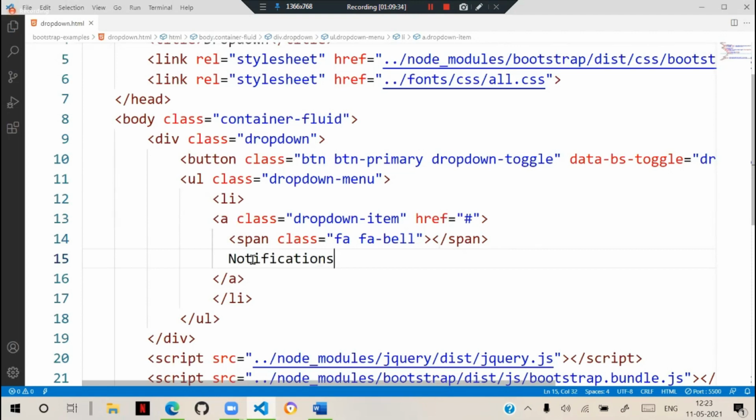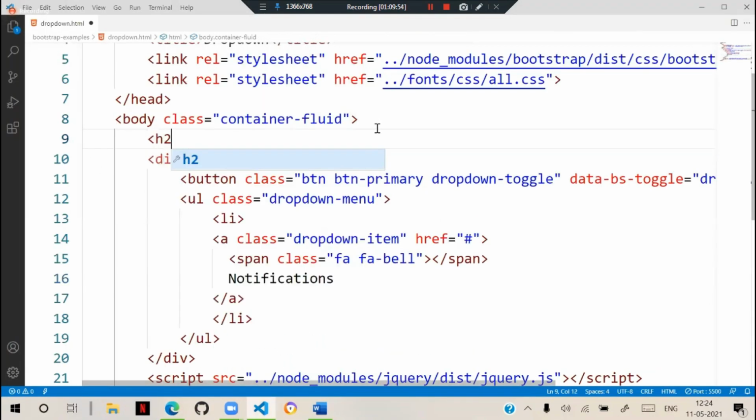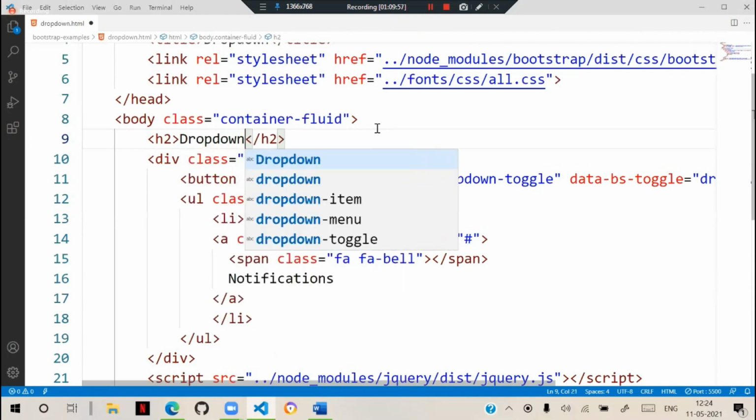Inside the drop down, we have an item. Usually, you see the More button, and the list item Notifications will come. On click, it will show and it will hide. We can display that. We don't have any other headings there. Just I will keep a heading for your understanding sake, Dropdown Demo.